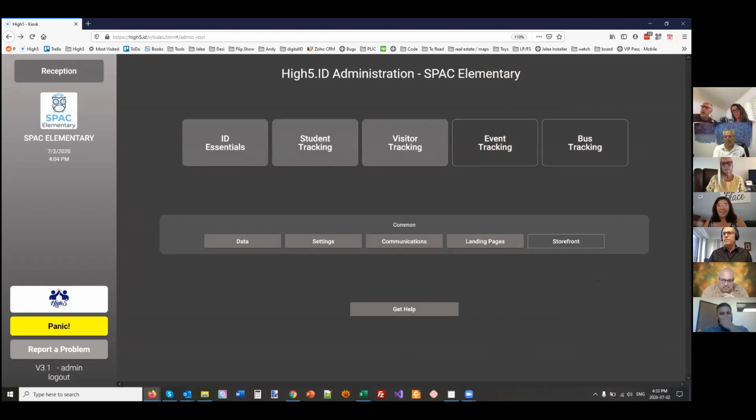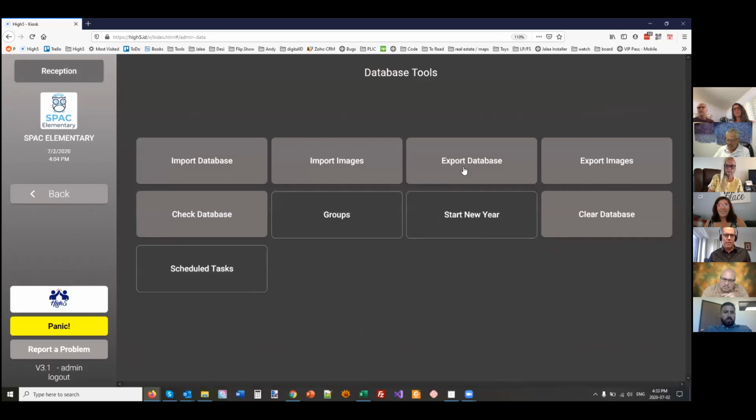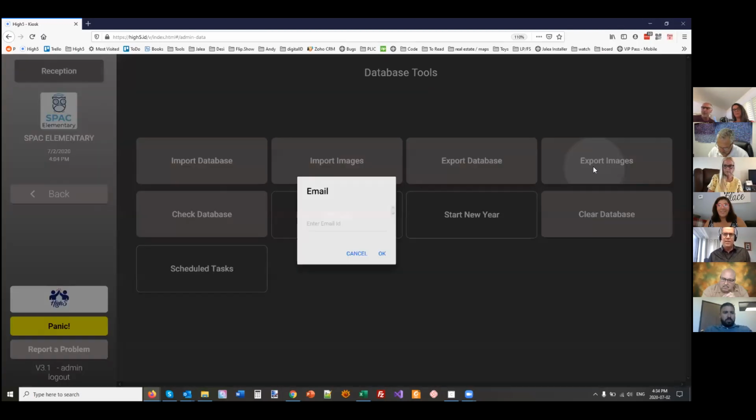Hey, Michael, I had a quick question for you. Can I download these images to an admin CV? You bet. You go to the database and you say either export the database, which I won't do because it's got everybody's cell numbers in it, but it'll dump off an Excel file, or you hit export images. I'll just do it to